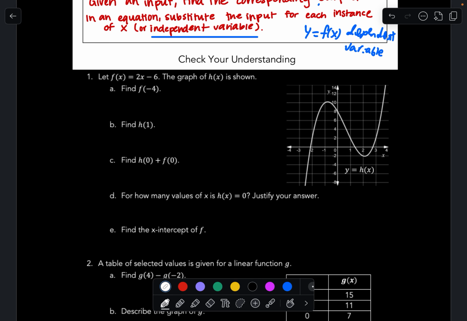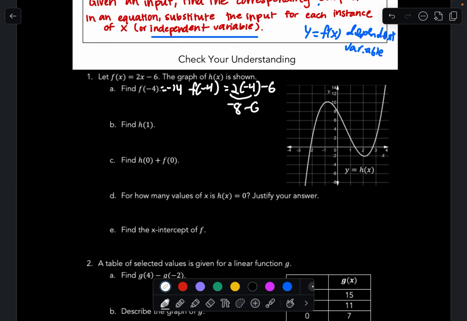When they say find f evaluated at -4, since they gave you f of x as an equation being 2x minus 6, you just replace the x with -4, and you evaluate it, going through the order of operations. So 2 times -4 is -8, minus 6 is